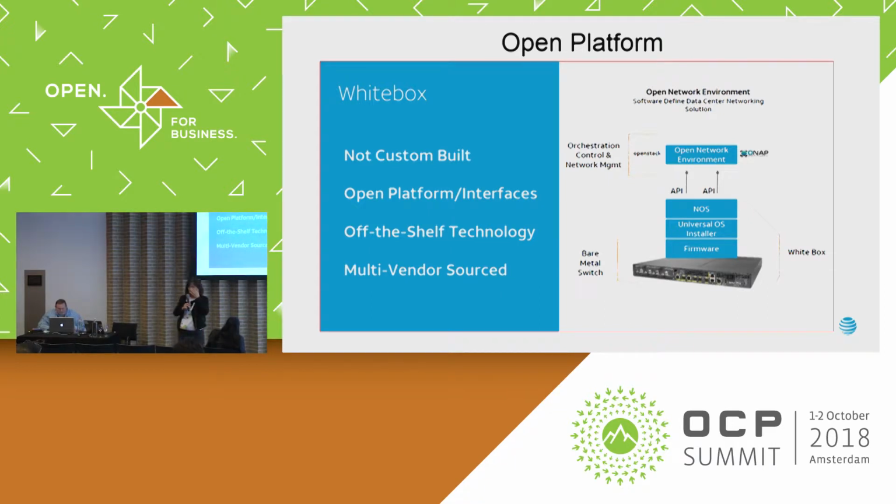Our idea is that we don't limit ourselves to working with just one supplier for hardware or for software. Once we put the spec out there, you have the flexibility to pick, and we encourage folks that have the resources and the talent to build the hardware to meet the spec. And not only will it benefit AT&T, but everybody in the community can leverage it and use it to suit your environment. So are you nurturing